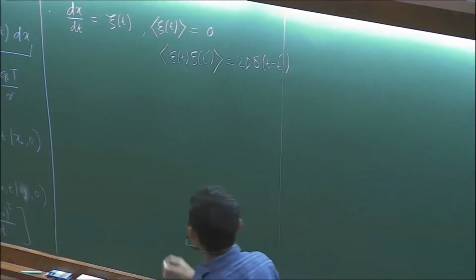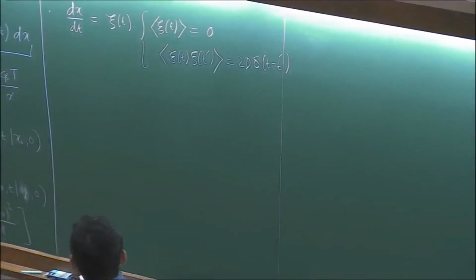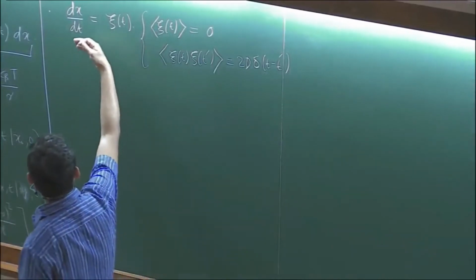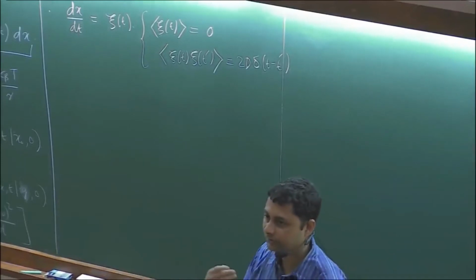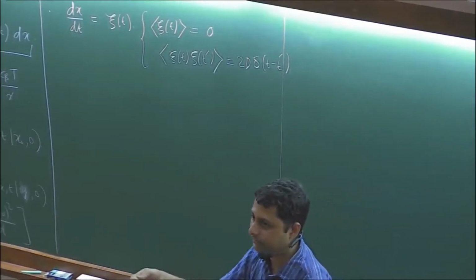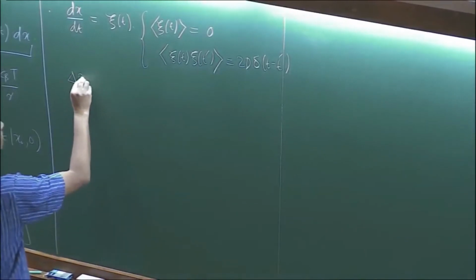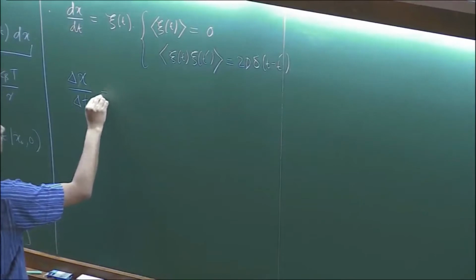This is what we did. So we also said that you should think of this equation like when you want to do a simulation, for example. So you have to discretize this. How do you discretize it? You should think of it like delta x over delta t is